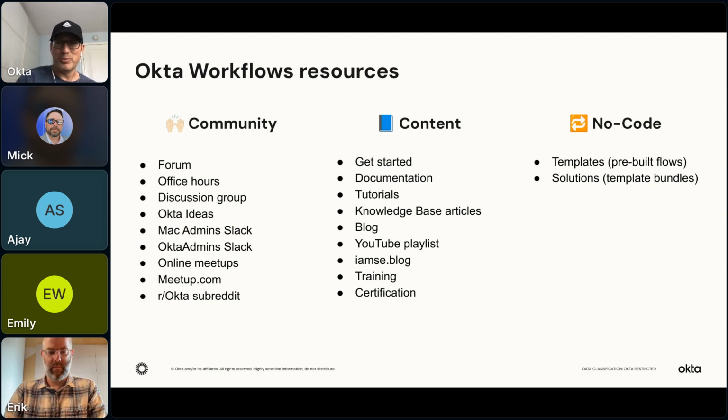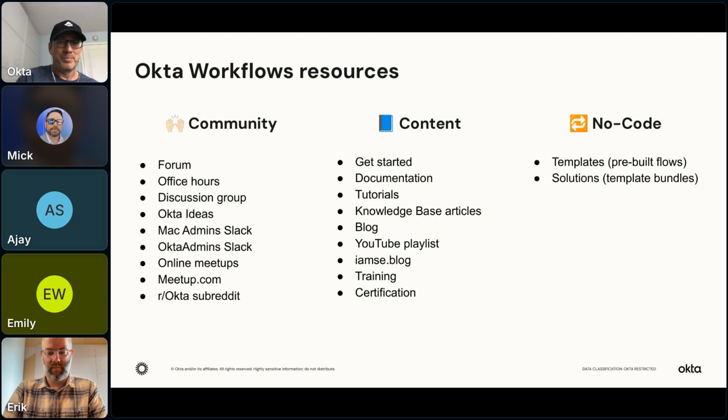I will also send a message tomorrow with a link to this page. I just wanted to show you again that we have so many community resources, content, and templates, and we sometimes find that people are not aware that these resources exist.